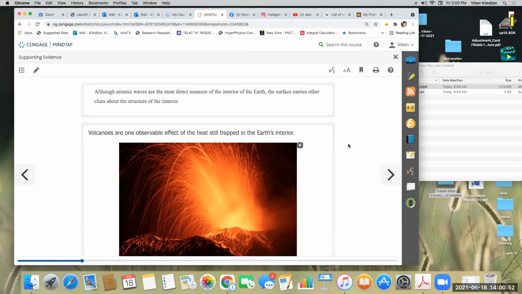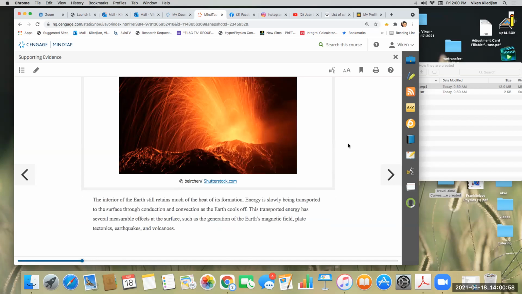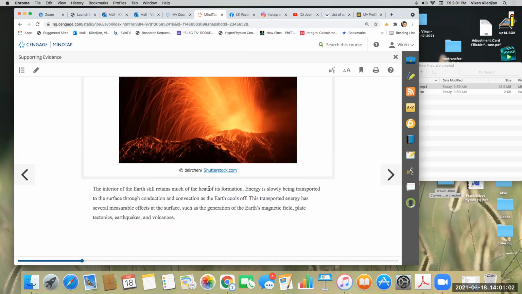Volcanoes are one observable effect of the heat still trapped in the Earth's interior. The interior of the Earth still retains much of the heat of its formation, with energy slowly being transported to the surface through conduction and convection as the Earth cools off. This transported energy has several measurable effects at the surface, such as the generation of the Earth's magnetic field, plate